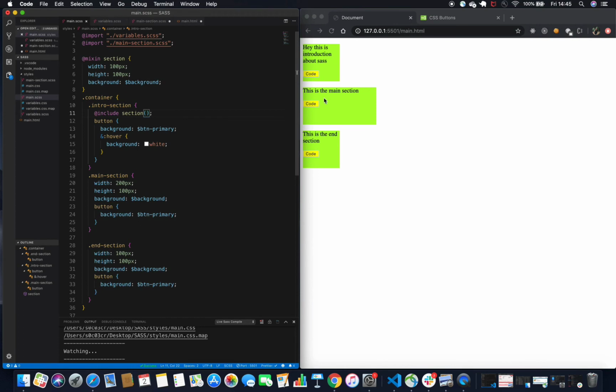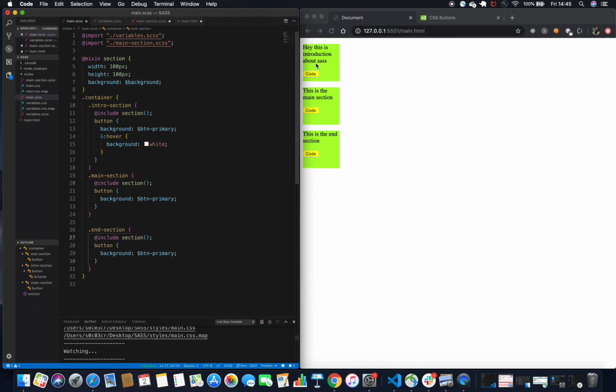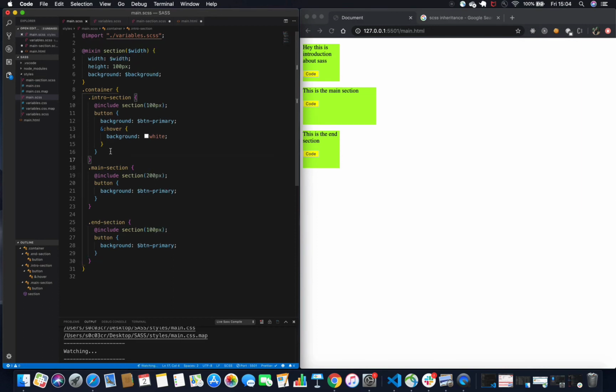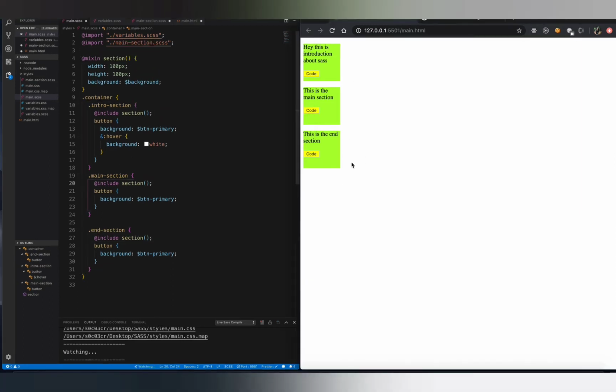Yeah, so you see the styling is now back for the intro section. So all we have to do is include this everywhere wherever we have repeated the code, right? So basically our section is going to provide all these styles. Alright, so this is how it looks.